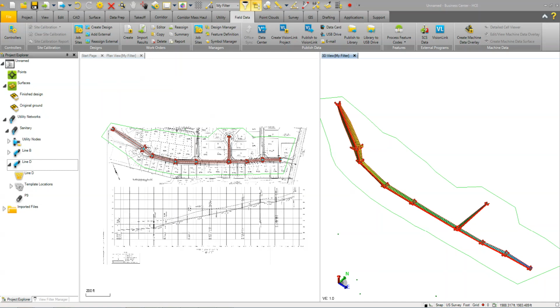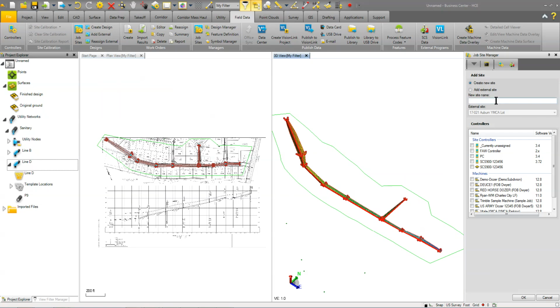Now that we've laid out our utility network and modeled it and have our trenches, we can go ahead and export this out. So the export process is really no different than exporting data that you've done before for SCS900. And if you go to job sites, we're going to create a job and we'll just call this utilities